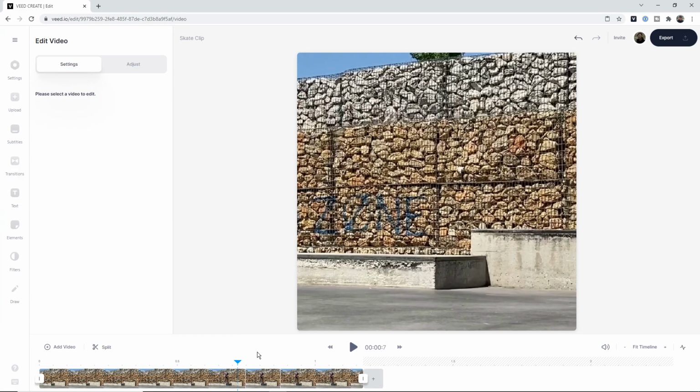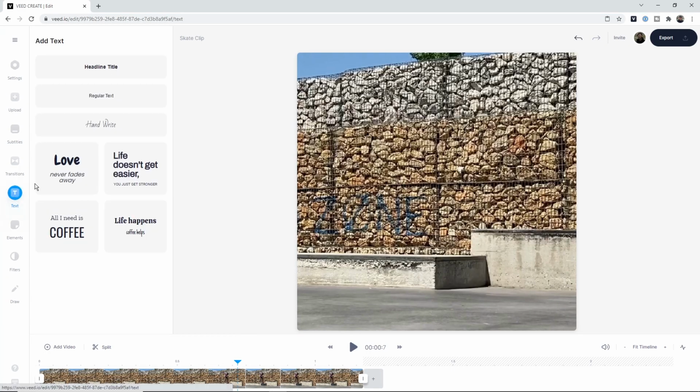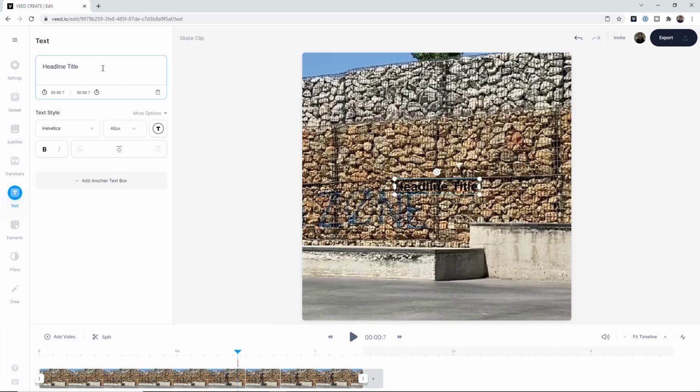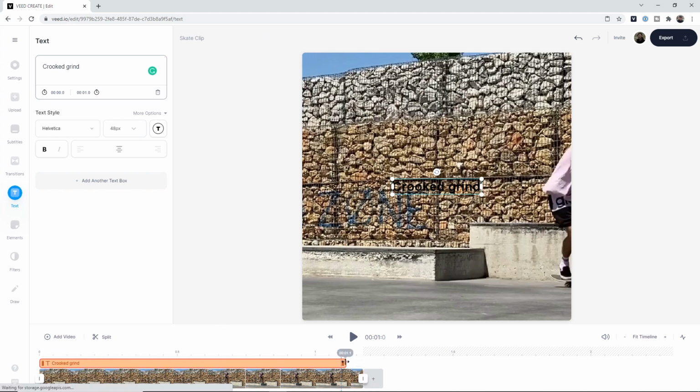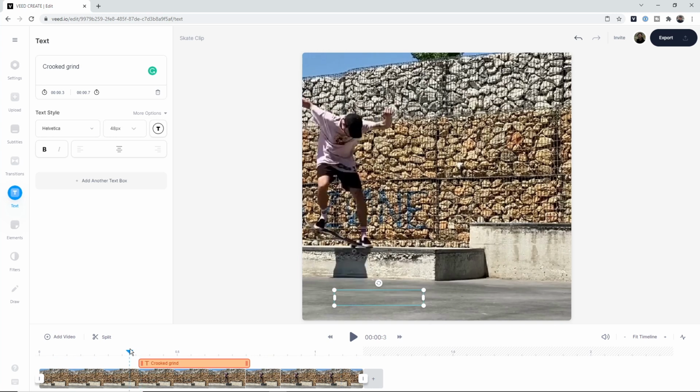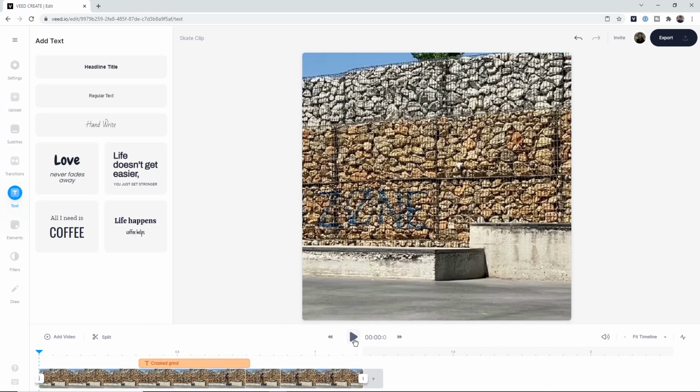The last thing I'm going to do to customize it is just add a bit of text. So I just click on text, click on this headline preset, and then I'm just going to type in crooked grind, just like so. And I'm going to adjust the length of my text just by clicking on the stopwatch here and then just dragging it out a little bit so my text lasts for the entire duration of the GIF. If not, what I could do is just drag it so it only appears while I'm actually in my grind. So like this, if I click play,